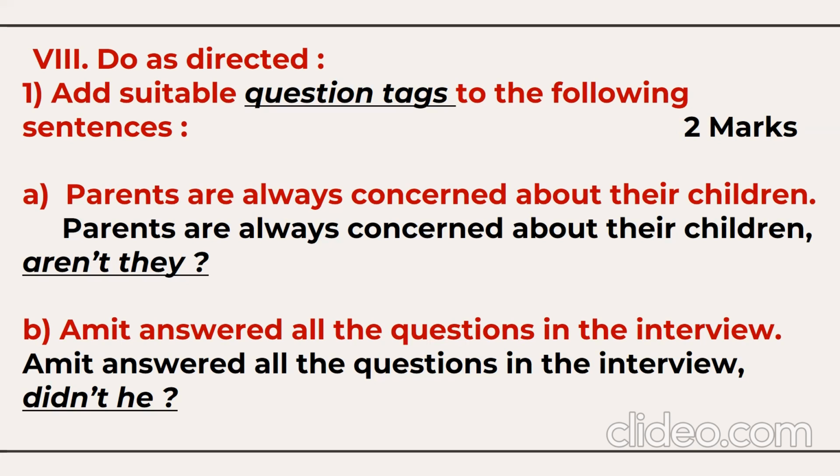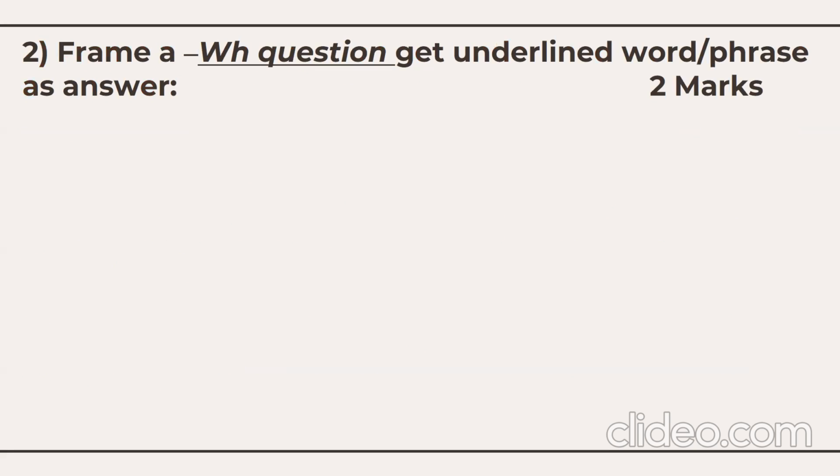So, comma, didn't he? Why didn't he? It's in the positive, so the negative form, "answered", the past form, shows that "did" is the hidden form. So, did not he? Didn't he? So, that's about the question tag. That's for 2 marks. Then you need to frame WH questions to get the underlined word